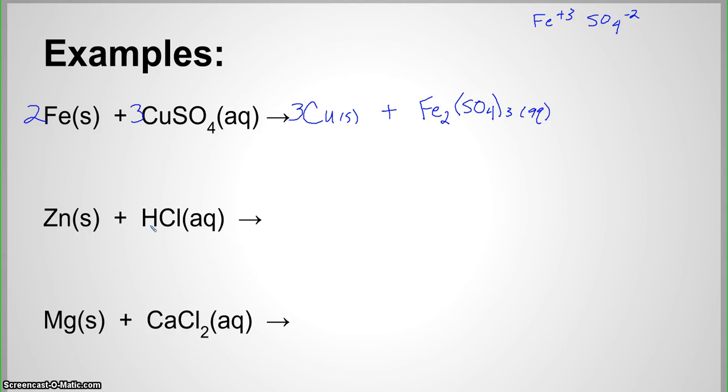And if you remember, hydrogen is one of those 7 diatomic elements that exist in nature as 2 hydrogens bonded together. And so over here in our products, we're going to have to write it H2, and it's going to be a gas. So in this particular reaction, if you're creating a gas, what would you expect to see happening in your container? You would see bubbles of hydrogen gas being formed, whereas up here, you would actually see solid